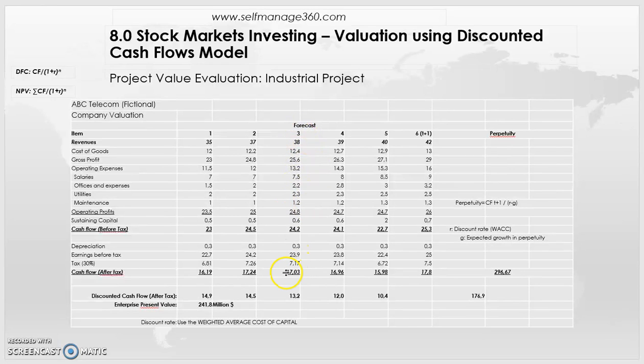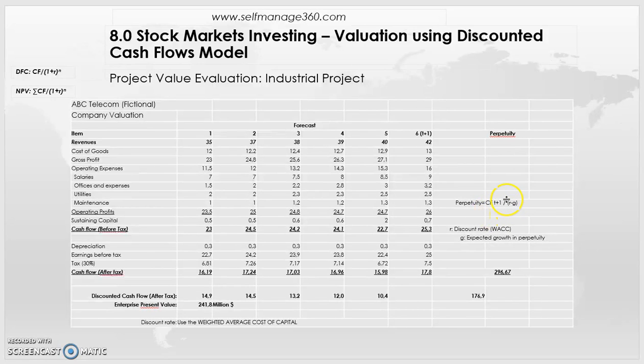For year 3, the cash flow is 17.03 divided by 1.09 to the power of N, where N is 3. That gives 13.2 million. Same thing goes for years 4 and 5, and then you have the discounted cash flow for each year. Then for perpetuity, you're going to use the cash flow that you have estimated for year 6, and then you